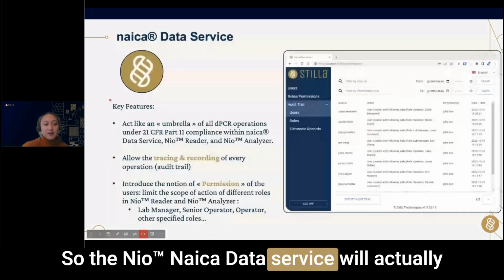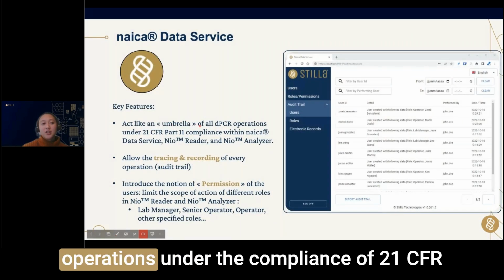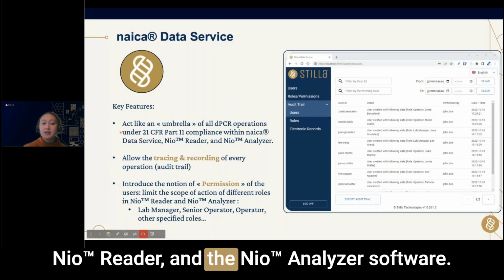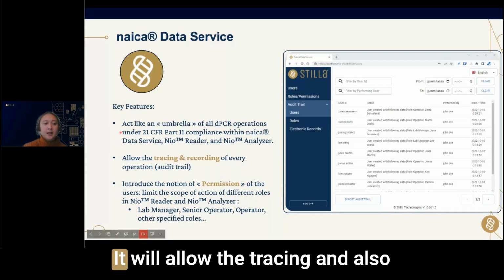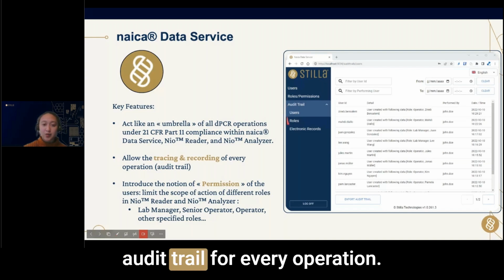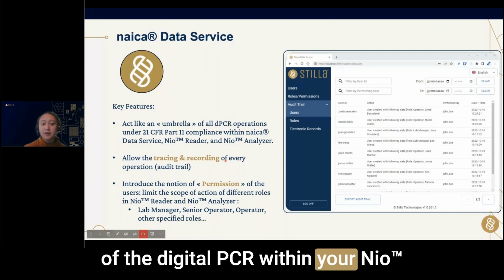The NICA data service will act like an umbrella of all digital PCR operations under the compliance of 21 CFR Part 11 within the NICA data service, the Nio Reader, and the Nio Analyzer software. It will allow the tracing and recording of every operation. So you have what we call the audit trail for every operation of the digital PCR within your Nio system